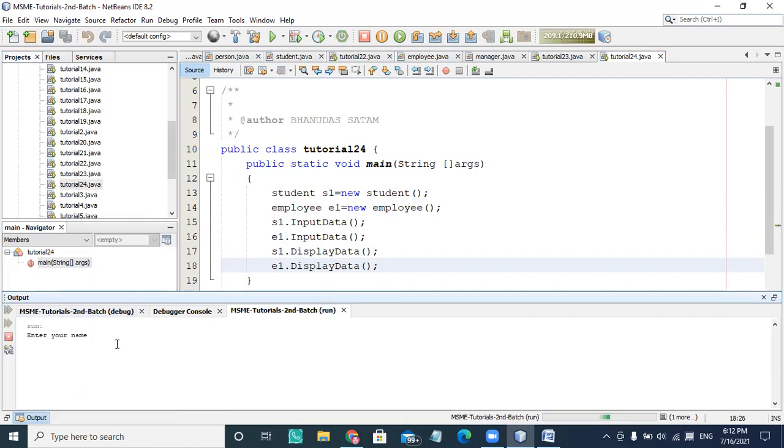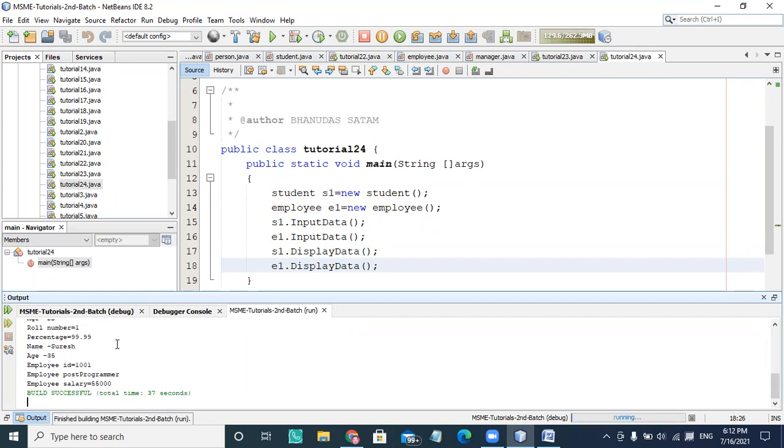So I'm writing Ramesh, age is 22, roll number is 1, and percentage is 99.99. Now it's going to ask for the employee data. So Suresh, age is 35, employee ID is 1001, and the salary is 55,000.